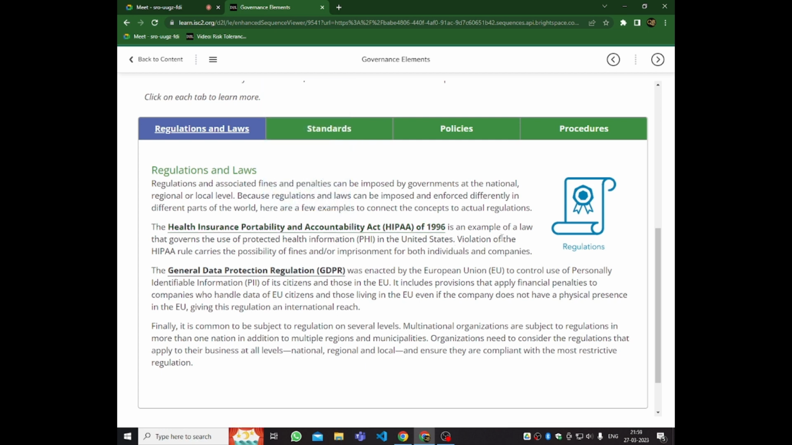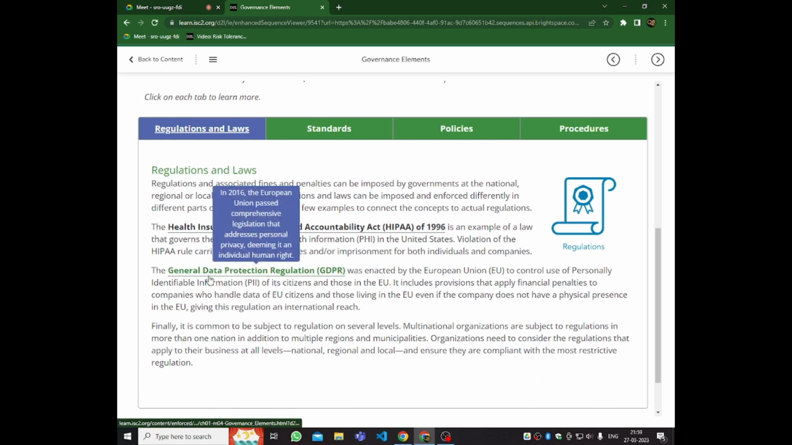It is an example of a law that governs the use of protected health information, PHI, in the United States. Violations of the HIPAA rule carry the possibility of fines and or imprisonment for both individuals and companies. So then